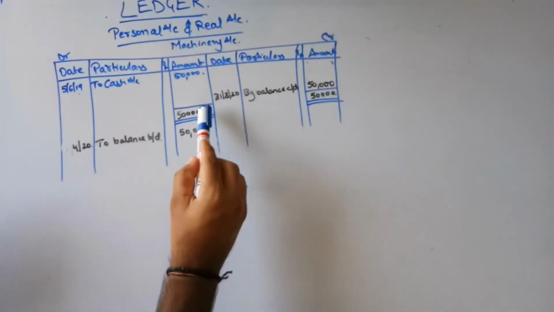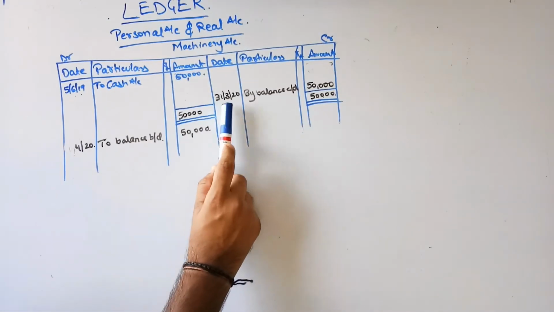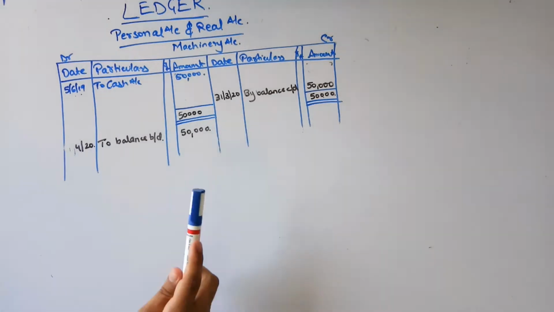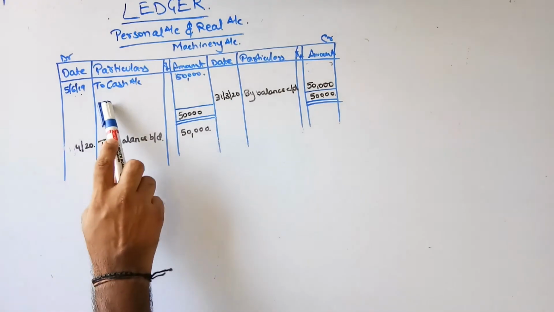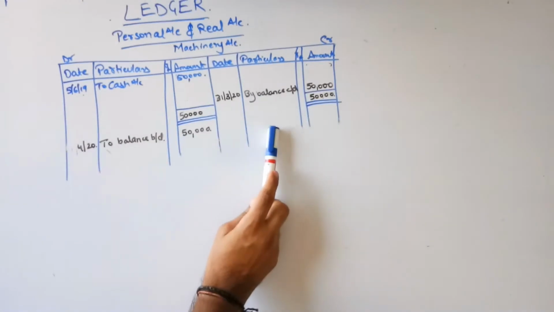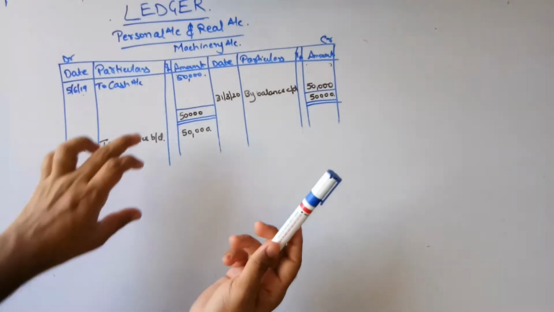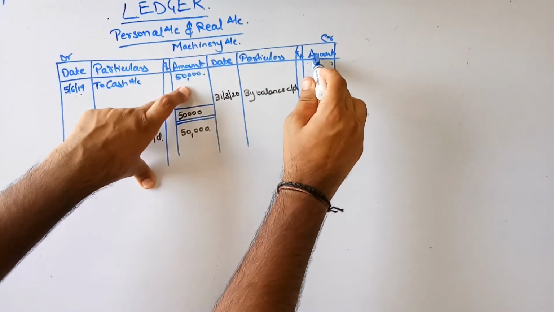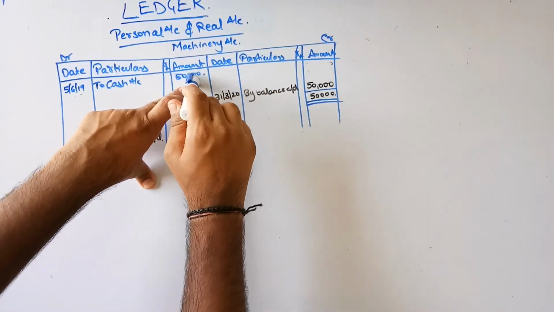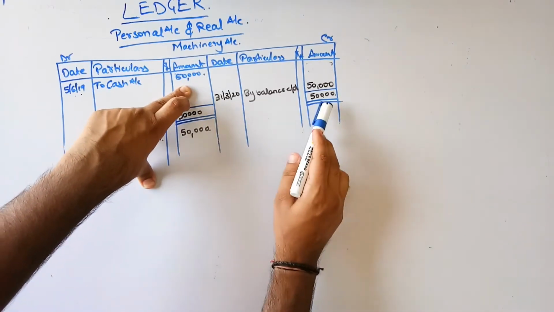So first you will draw these two lines. After that you will write as on 31st of March 20. Why 31st March 20? Because that is the last day when we will be closing our books of accounts. On that day what will you write? By, because this side is To and this side is By. Now what amount will you write? Which side is higher? Debit side is 50,000, credit side total is 0. So 50,000 is higher. So you will write 50,000 here and 50,000 here.